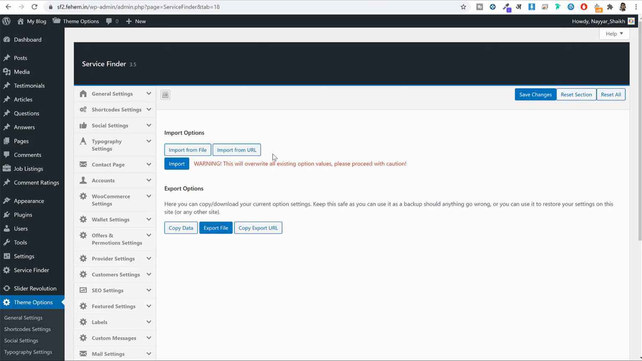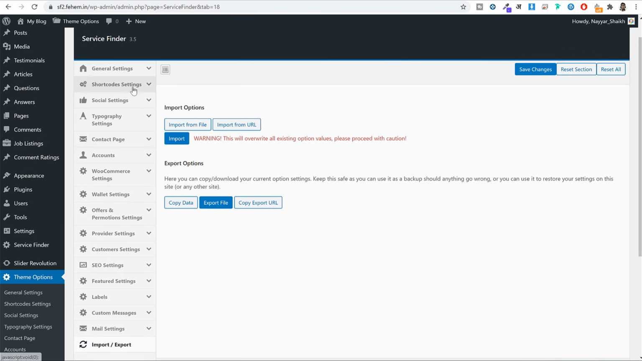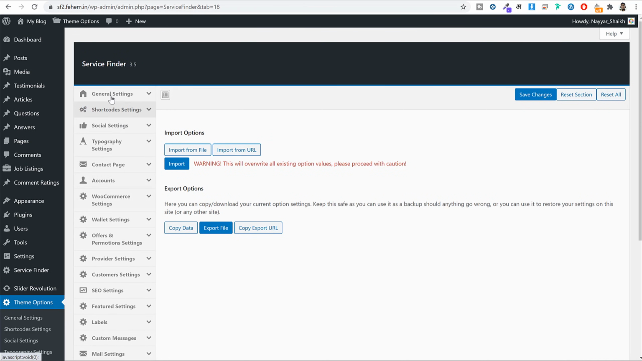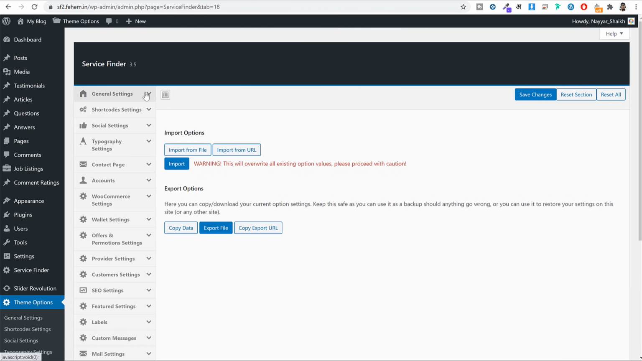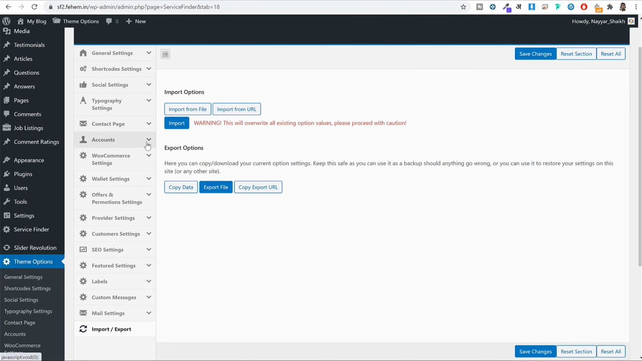Now with this, one more thing happens. When you import that file, one more thing happens. This entire theme setting is reset. So from general setting to shortcode to social thing to this entire setting that you see on your screen, this is reset. And what it means is, if you see this option, if you click on accounts,